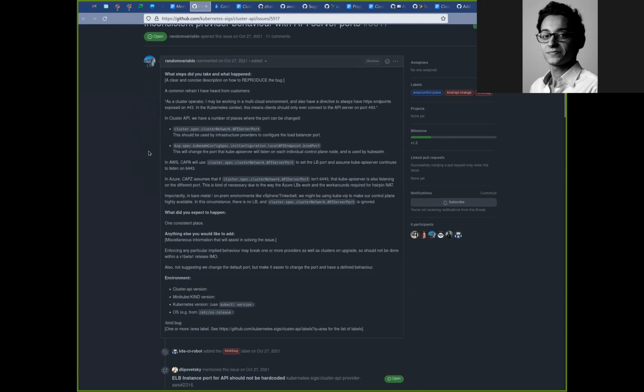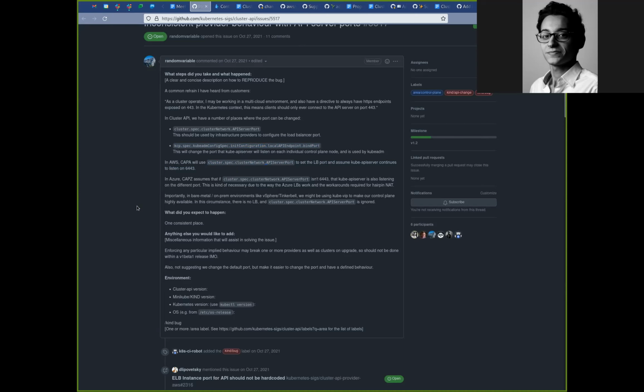Today, providers are either relying on a field that wasn't supposed to be a way to set the API server port, which is cluster spec, cluster network, API server port. They're either relying on that to set the load balancer port instead of the API server port, or they're just ignoring it.